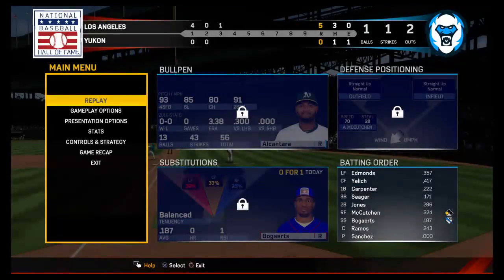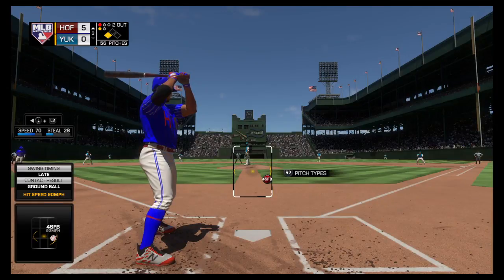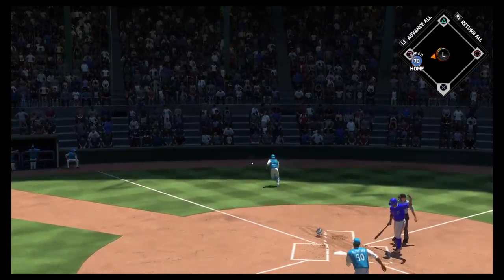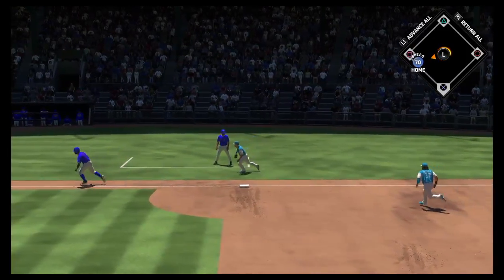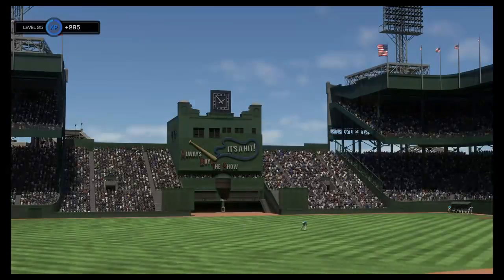Squared that one up. Just a little late. 2 outs here with a runner at third. Now the runner's on his way home. Oh, and this is swung on and missed. The throw will go to third. And he'll be tagged out heading toward the plate. And with that,